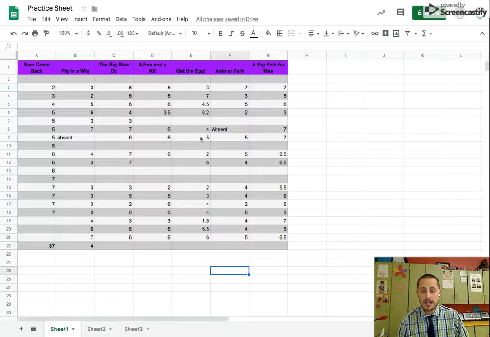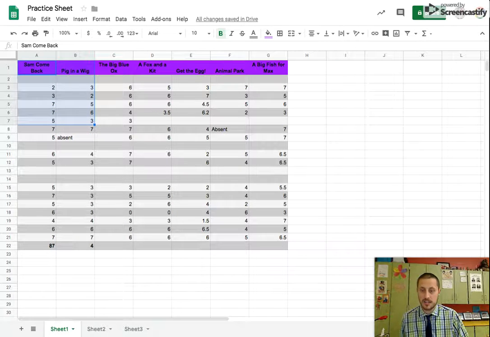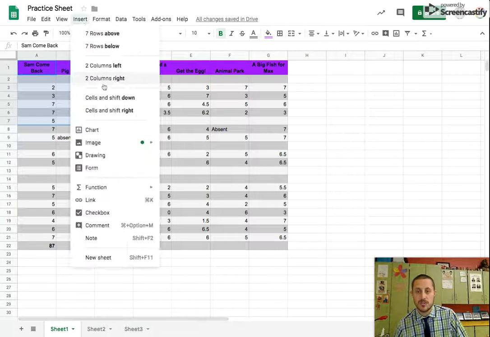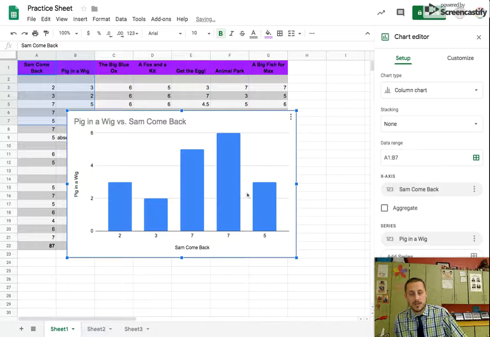Okay, so now the next thing I want to show you is how to make a chart from that data. So I'm going to put that back to how it was so we can see our progression. Say I just want to check to see how these students grew from one test to the next. So I'm just going to pick these first few students and select those first two tests. I'm then going to go to Insert and go down to Chart, and I can make that chart automatically in